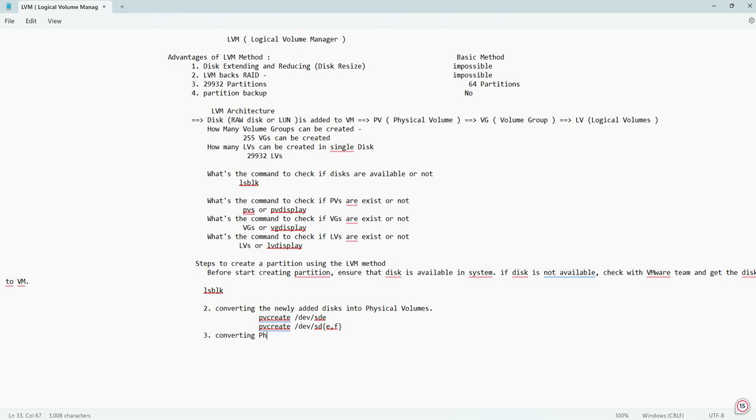Again, converting physical disks to a volume group. So converting a physical disk to a volume group, here what is the command? vgcreate and the name of the VG. The name of the VG is app_vg, then /dev/sd{e,f}. So here, if you see,